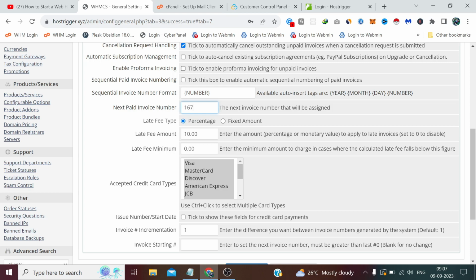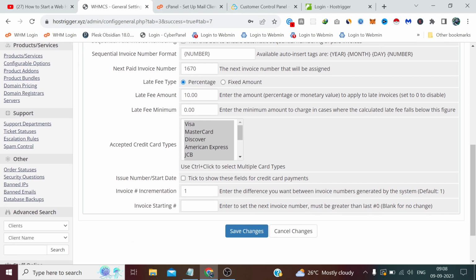Like I have entered 167, although this is a very short number. Like if a company has around 100 to 200 customers, then it is also considered a new company. So I recommend you write a number here in thousands, so that your customer will get an invoice number from 1670, and it will not let him know that he is your first customer. So that's the thing. Also you can add late fee